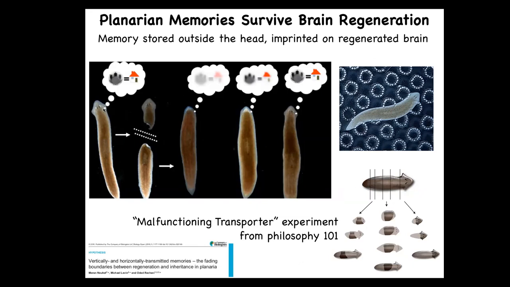And they do have a true centralized brain, same neurotransmitters that you and I have. And in this case, it's clear that that information is somehow distributed. It is imprinted onto the new brain as it forms. So this is information moving through the body. And so I show these examples to kind of stress the commonalities between the things that we see in terms of memory and learning and the transformation of bodies under metamorphosis, under development, and so on. These two things are highly linked.